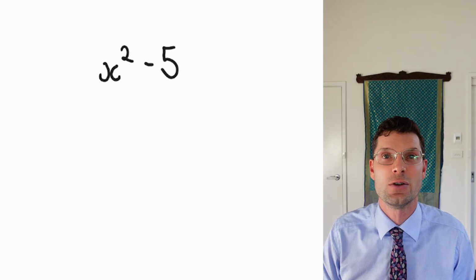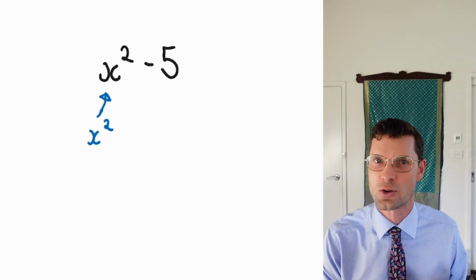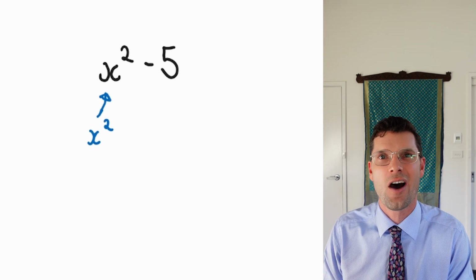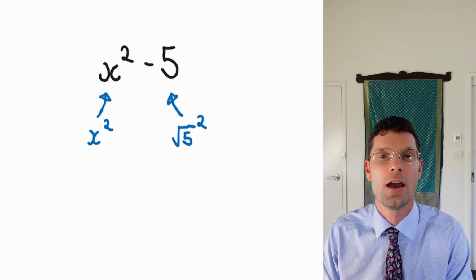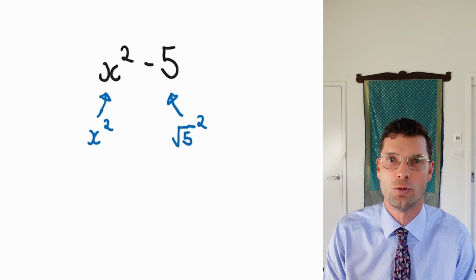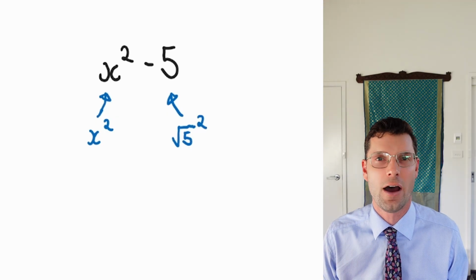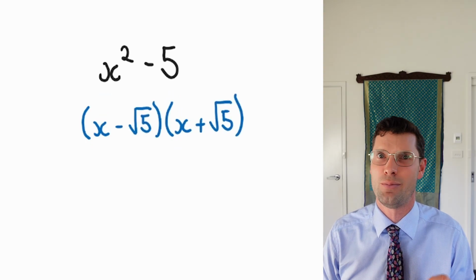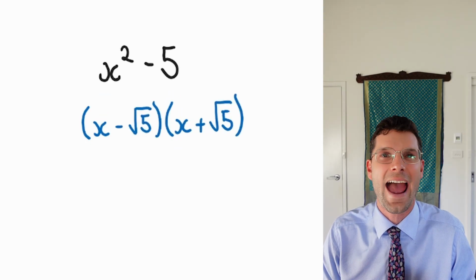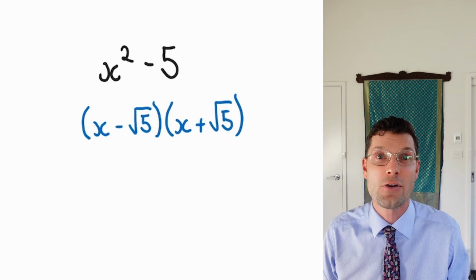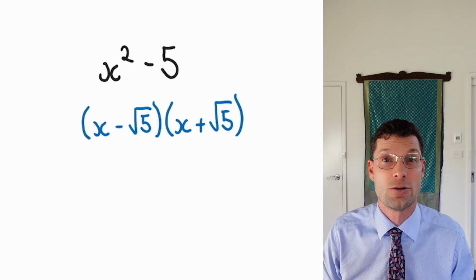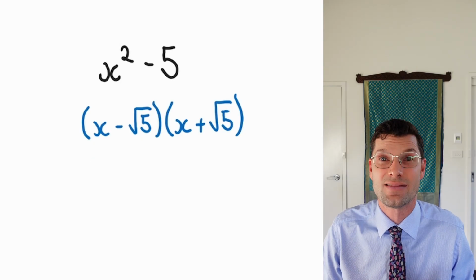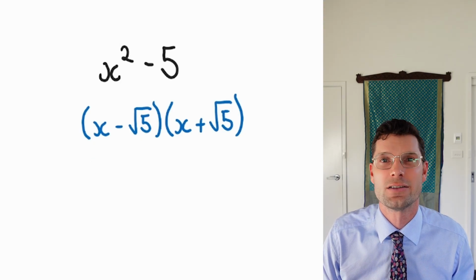So all I need to do is recognize that, hey, I still have this x squared term, and instead of thinking of the 5 just as a whole number, I can think of that as root 5. Root 5 multiplied by itself, or root 5 multiplied by root 5, is equal to 5. So all I've got to do for this answer is have x plus root 5 in one bracket and x minus root 5 in the other. If you haven't done surds yet, I've got a whole video series looking at why this works completely. But for this, all we need to know is if it's not a square, plus or minus root